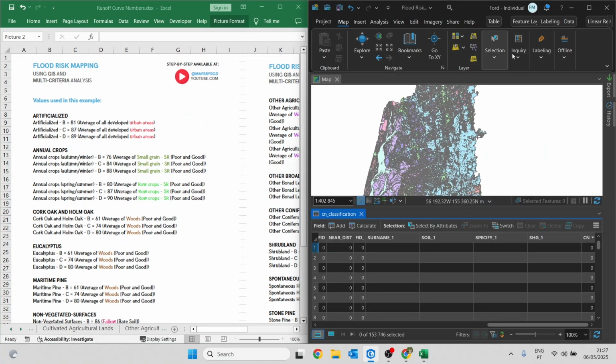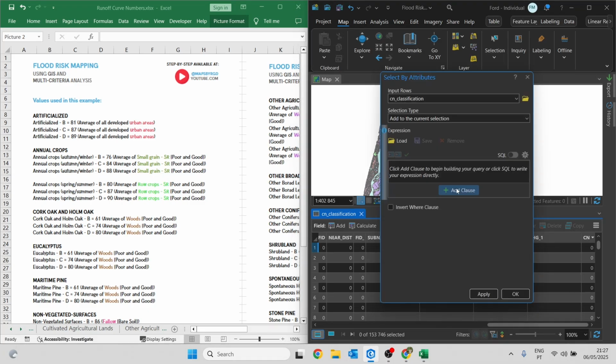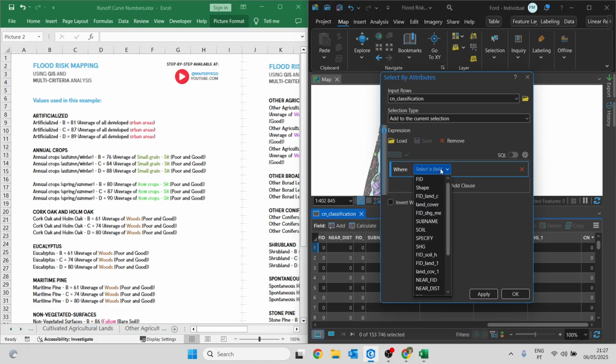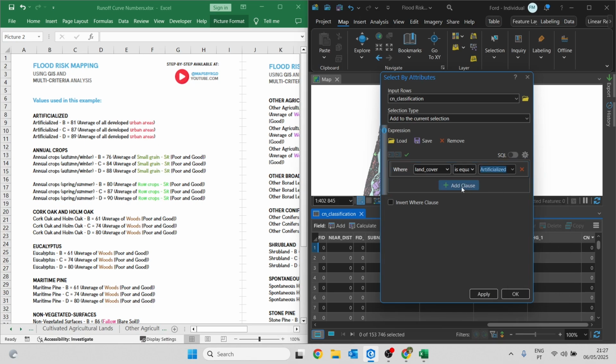To do that, in Map, we go to Selection and click Select by Attributes, Add Clause, and let's start with land cover is equal to artificialized. Add clause again, then we say and, and now we need to select the SAG file.